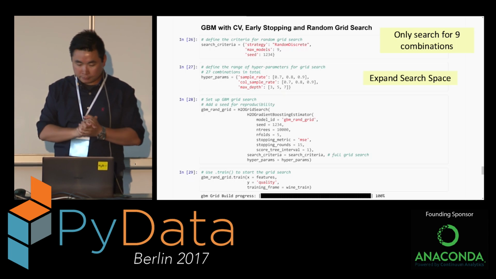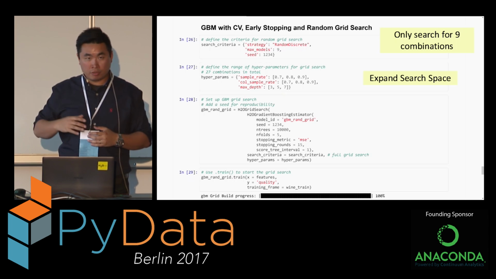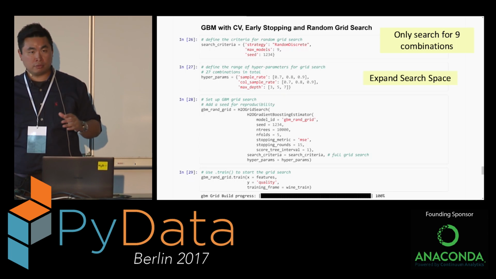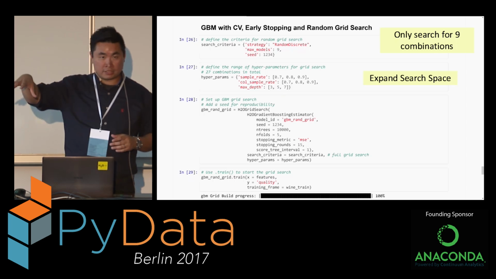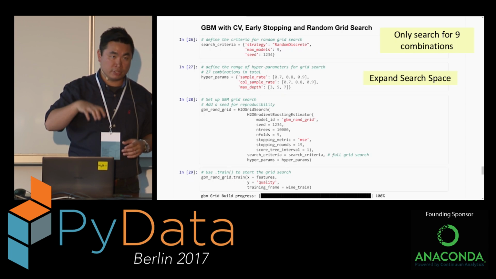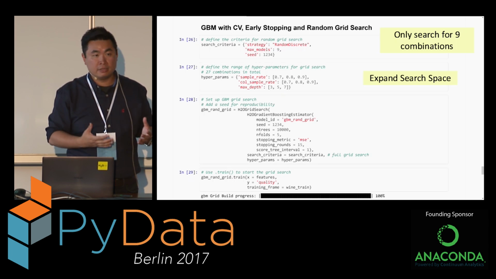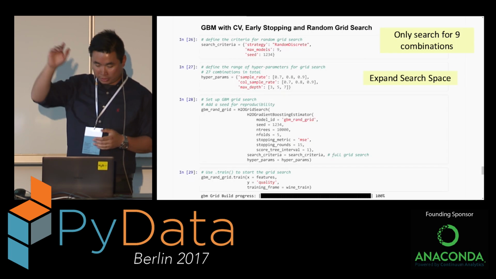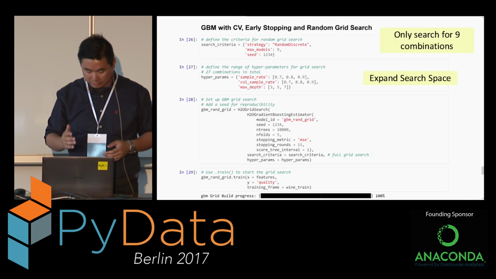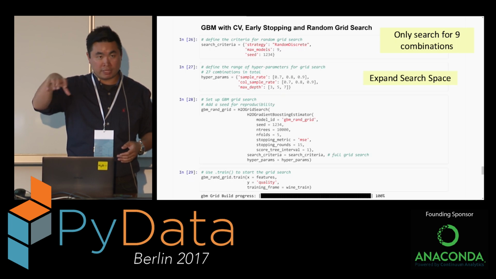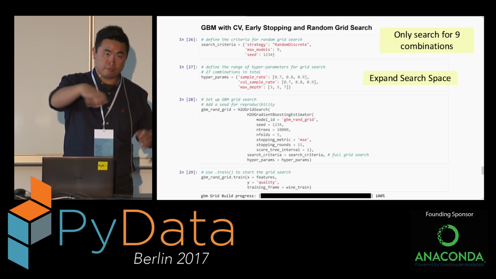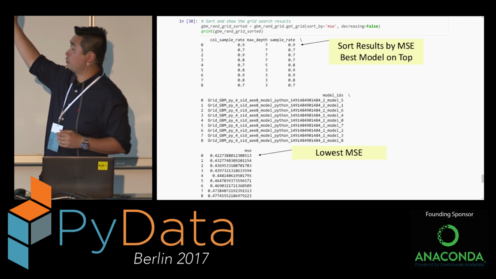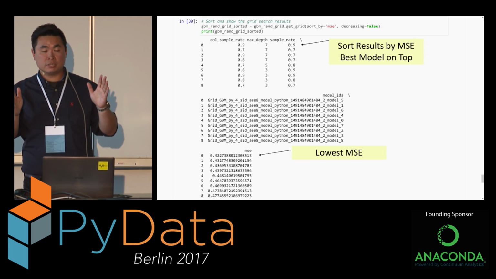Out of these 27 combinations, we only want to search for 9 combinations, for example. I don't want to look at all of the combinations. I want to take a random 9 combinations of that search space and do the same kind of search in H2O and see if I can find a better solution to this problem. So that's the code in there, you can see it on the screen. Once we do that, H2O will randomly, based on a random seed, pick 9 of the 27 combinations and do the same grid search that we saw before. This time, on the first table, we can see there are 3 columns of different settings.